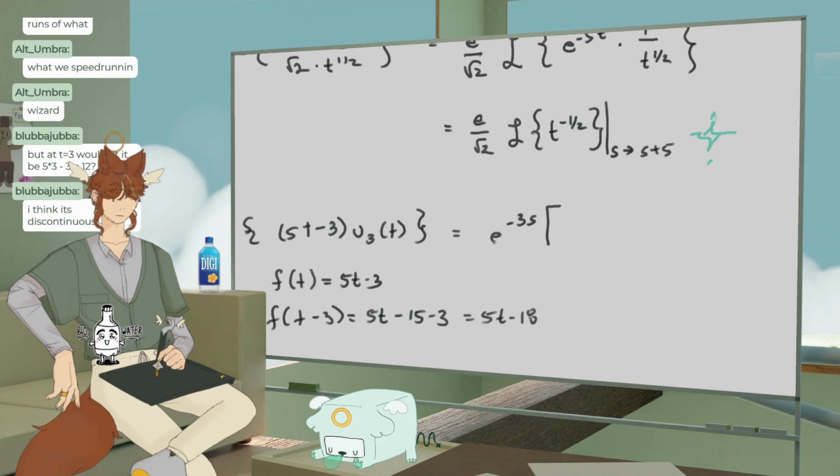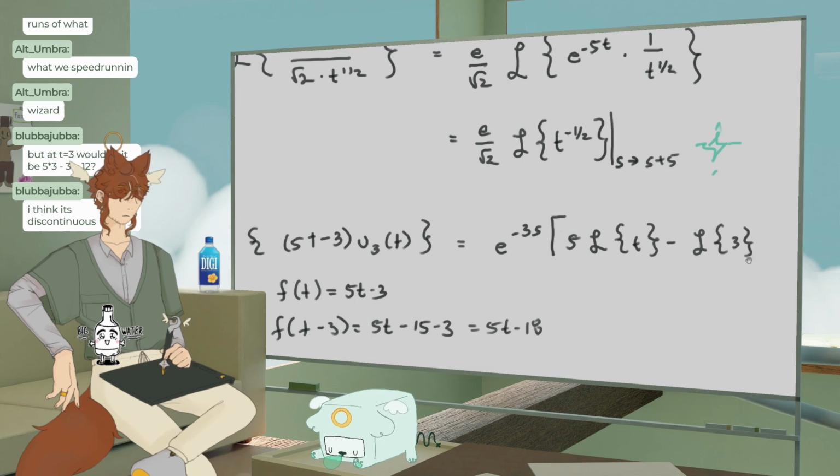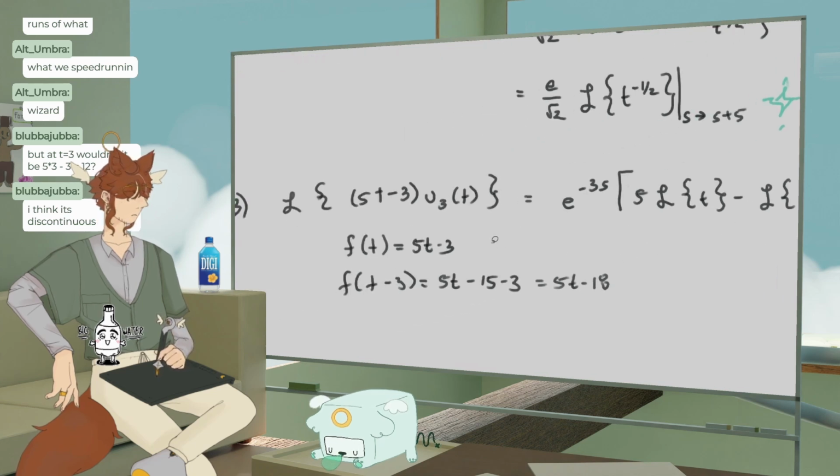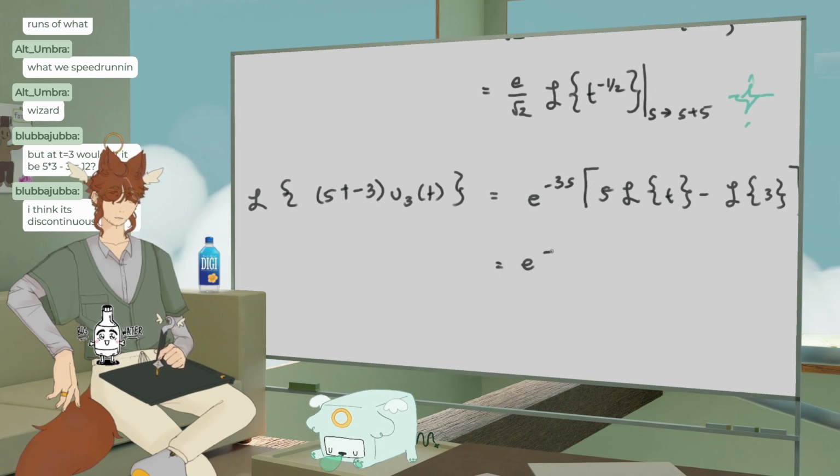I'll do one from the book after this just to see if it's right. So it'd be 5 times the Laplace of t minus 3, I guess, like the Laplace of 3, which is just going to be the Laplace of... I think we might have to do something, because I remember this, you have to massage that, I guess. This would be, let's see,